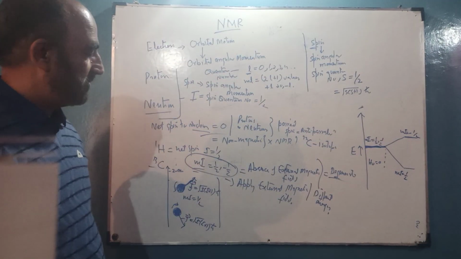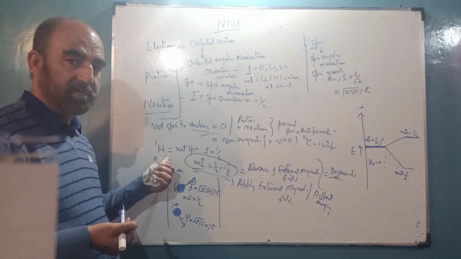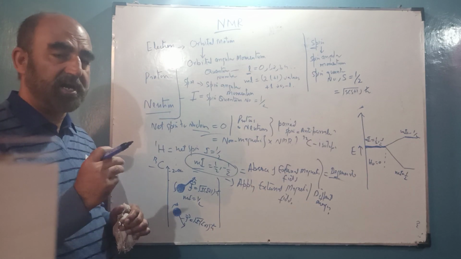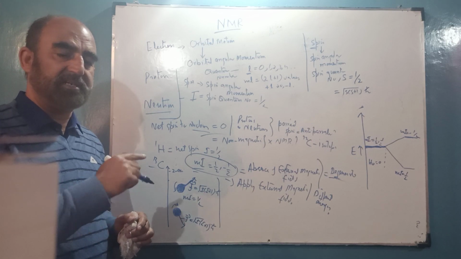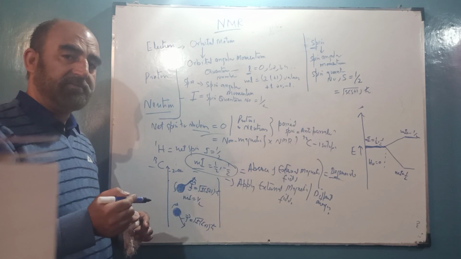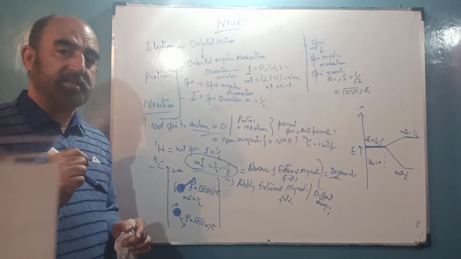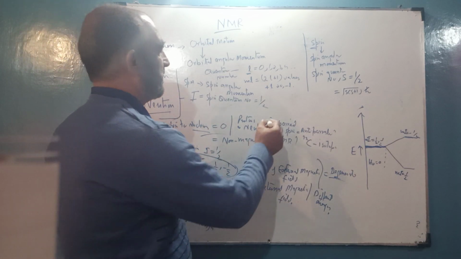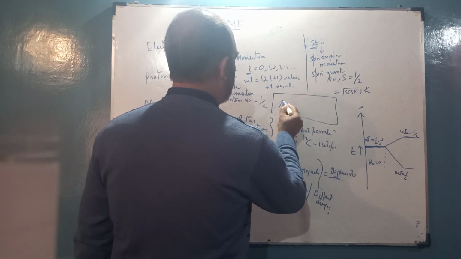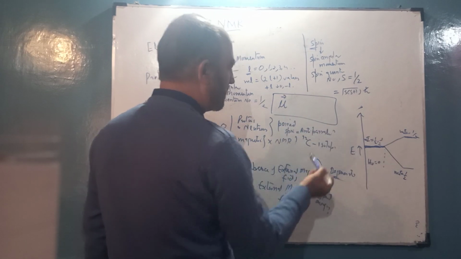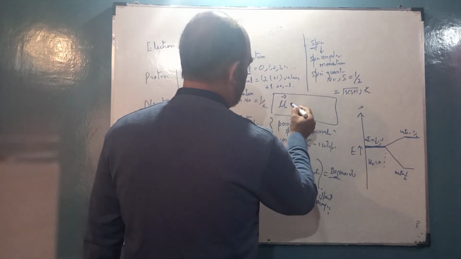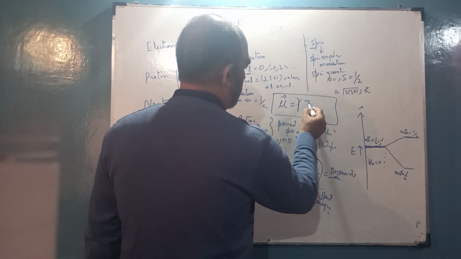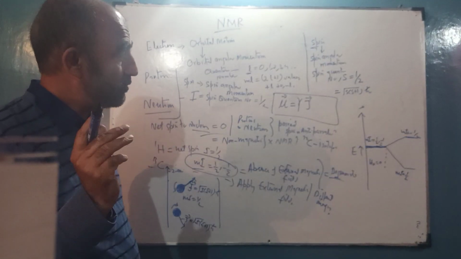Why does that happen? That happens because these nuclei are positively charged particles, and when a particle having a charge has a spin, it is a spinning charge, and the spinning charge gives what we call a magnetic moment. That magnetic moment will be in the same direction as the angular momentum vector, and we can write the equation for that. The magnetic moment vector is proportional to the angular momentum, so the magnetic moment is equal to a proportionality constant times J, where J is the angular momentum vector. Now two things we have to note.